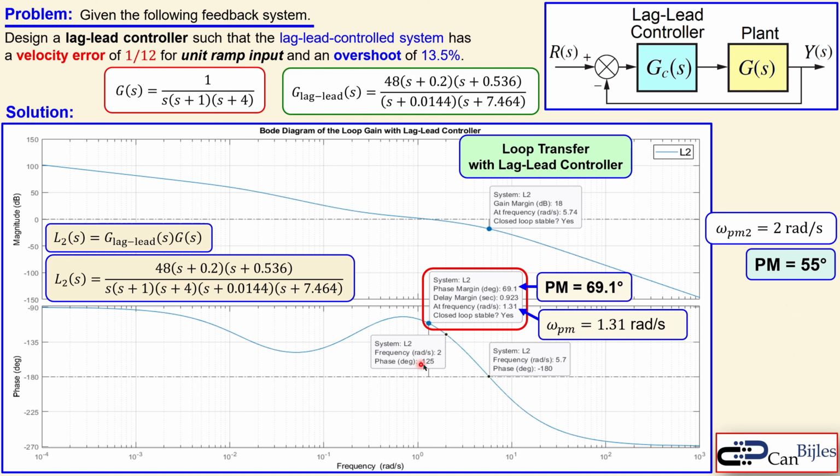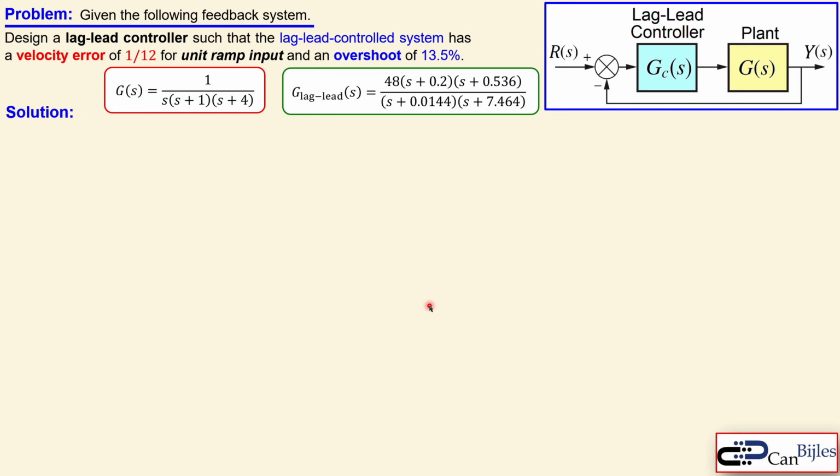So that's good. And if you look at the 2 radians per second here, we see the phase is minus 125 degrees, so this is also a little bit smaller. But this is just an estimation we made, so it is in our favor in this case, and that's not a problem. So we met our minimum required phase margin for our overshoot. But of course let's look at the overshoot. Is that really much lower than